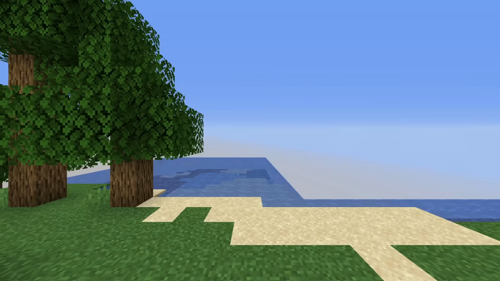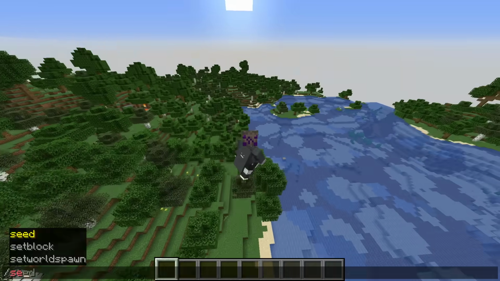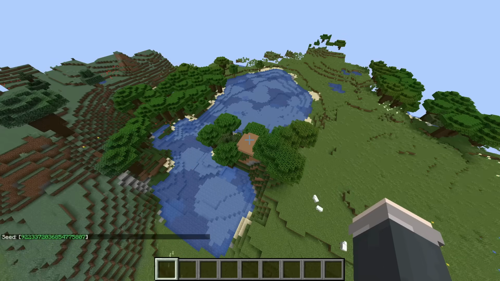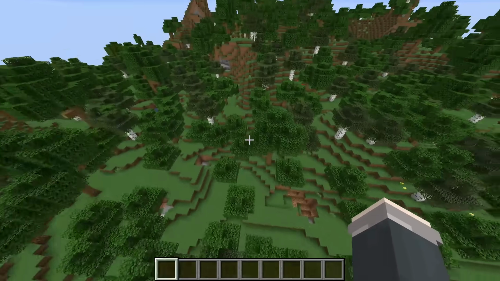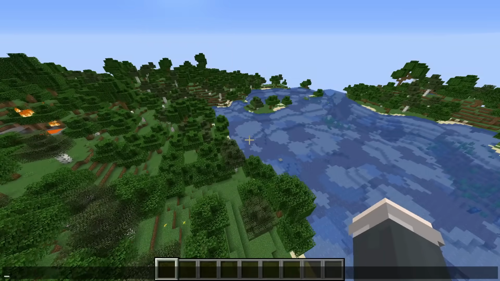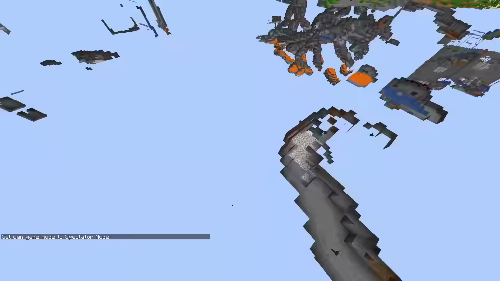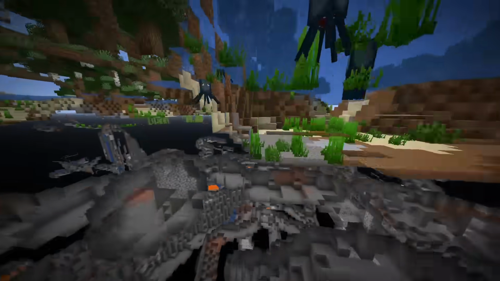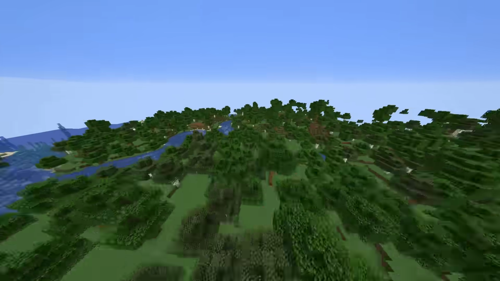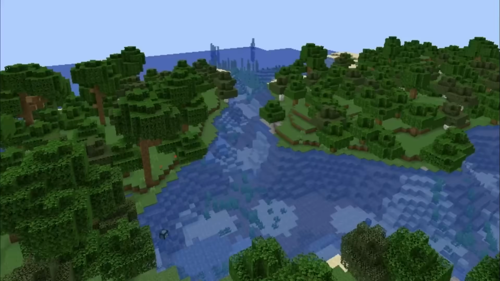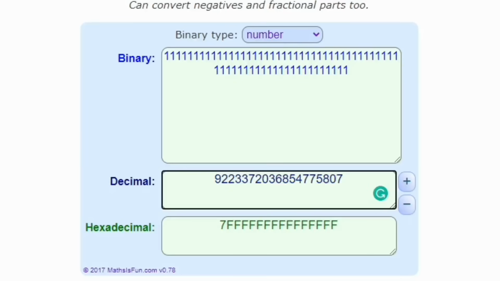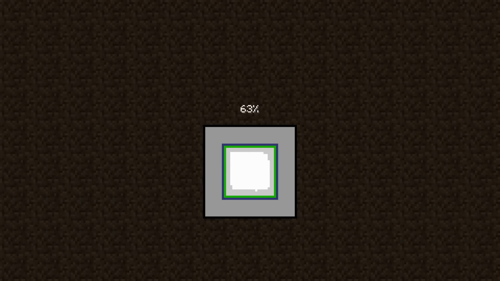The results of this trial were interesting. I loaded up the world and I checked it out, and I was met with some pretty strange results. On both worlds, I did this trial and then another one where I replaced only one of the ones with a zero. I did not find a ruined portal at the matching coordinates, leading me to believe that I either replaced the part of the coordinates that was meant for the structure generation, or I'm just completely misguided on how this stuff actually works. Needless to say, if the forum post is to be trusted, there are 65,000 other seeds with this ruined portal, which is kind of food for thought, I guess.